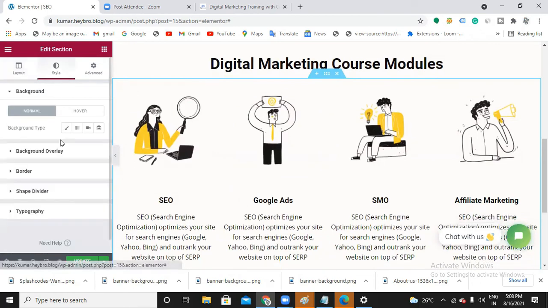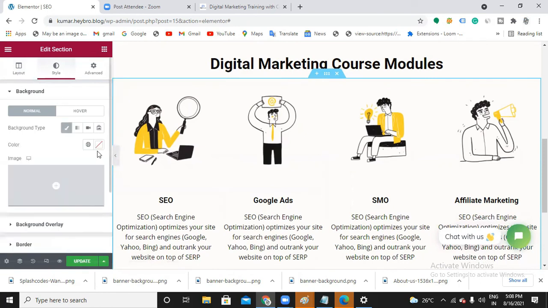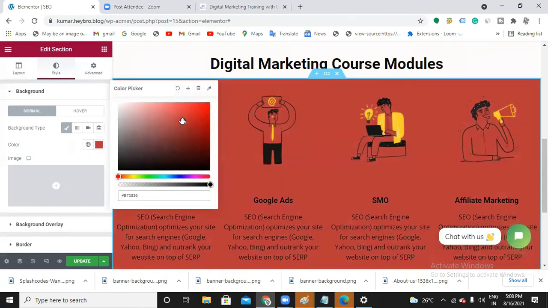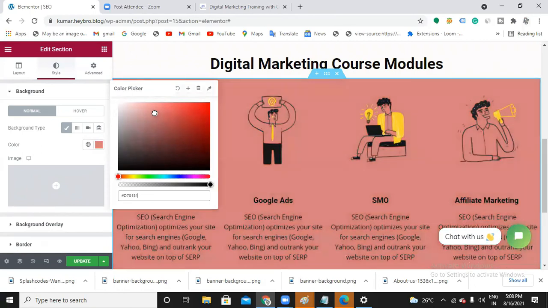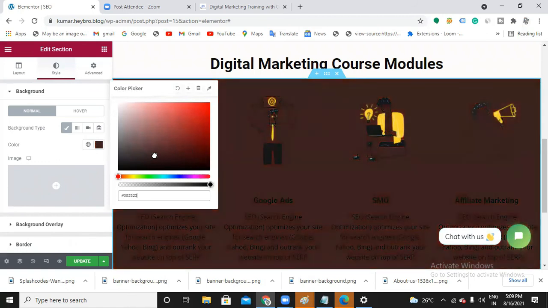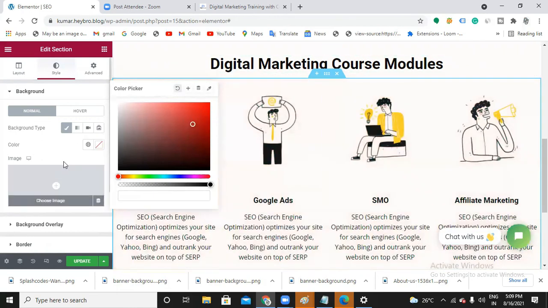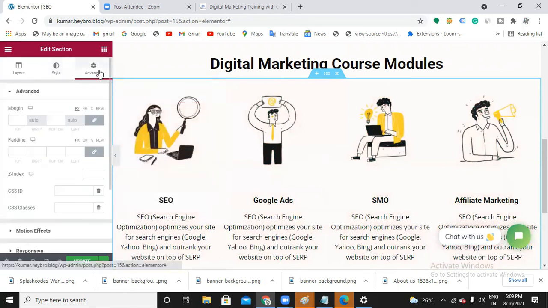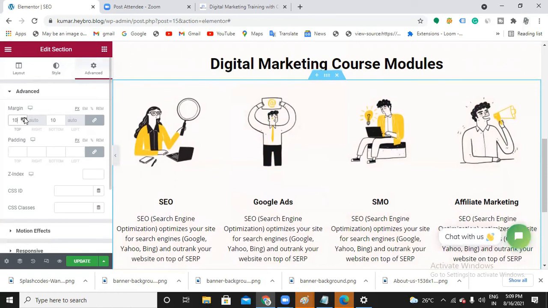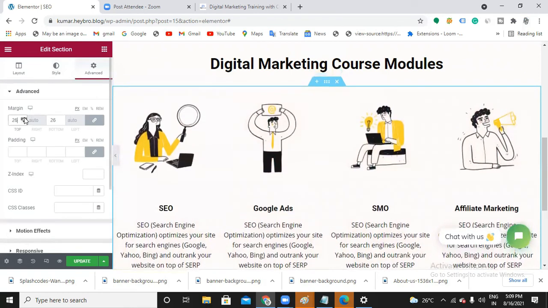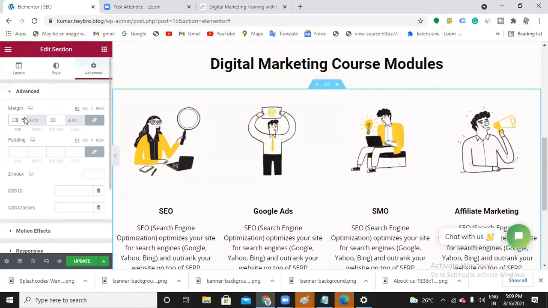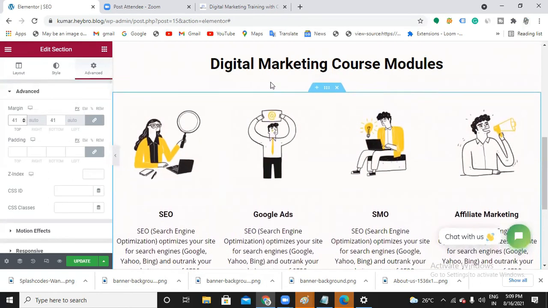And style. Do you want to upload any background colors for this? No, it looks good like this. Or do you want to see how it appears? Yes, ma'am, that's actually nice. But it's better to use only 2 to 3 colors in the entire website. Do not use multiples. Black, this looks fine, but I don't want it. Let me go with white. And advanced, do you want to add margins? A bit of space, a bit of margins. This is fine. Yes, ma'am.